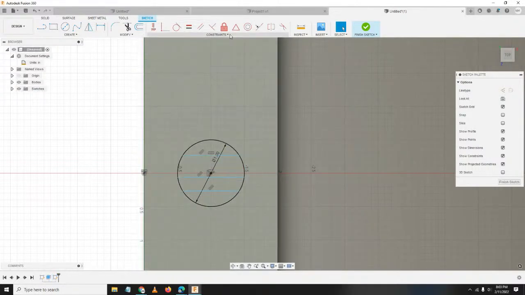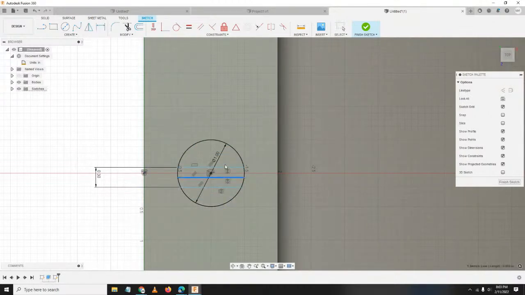Head over to constraints, selecting symmetry, selecting this line, and this line. Okay? So, press D for dimension. It's 0.30. Selecting this, and key in 0.30. Yan. So, let's hit escape.